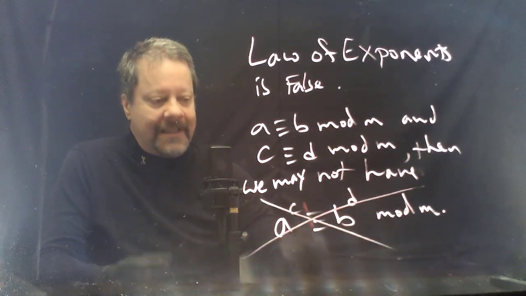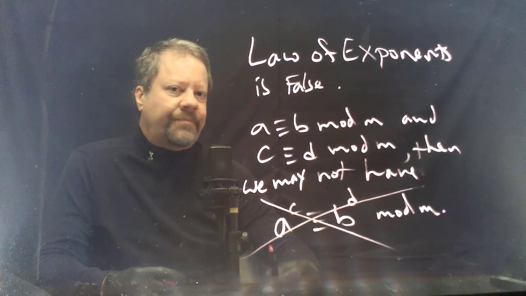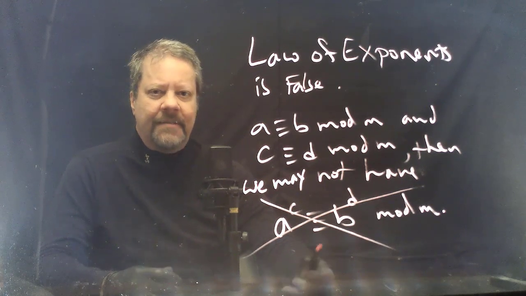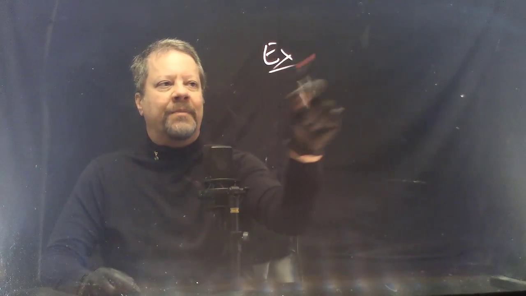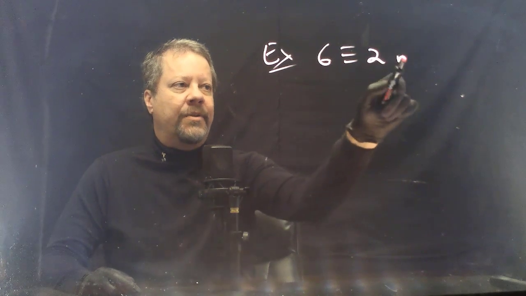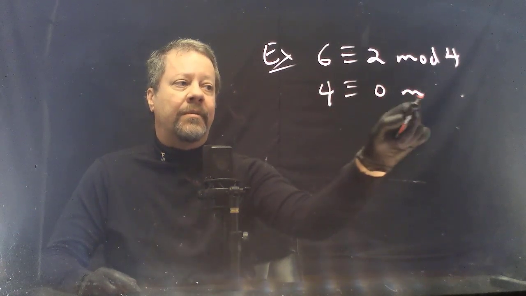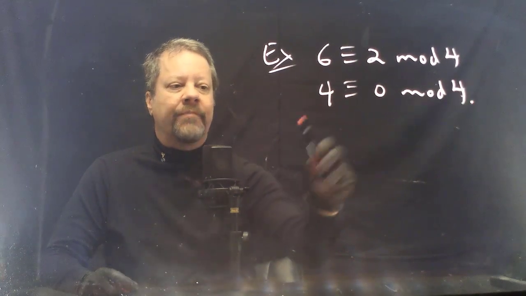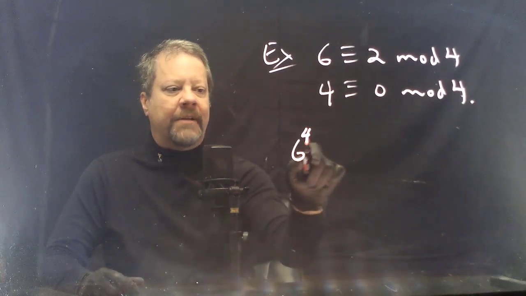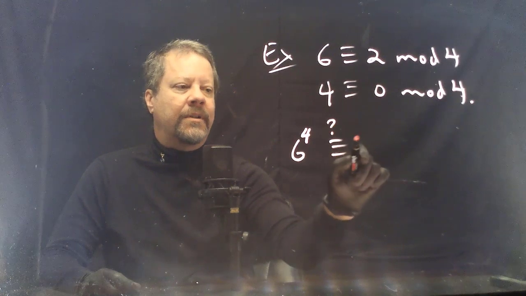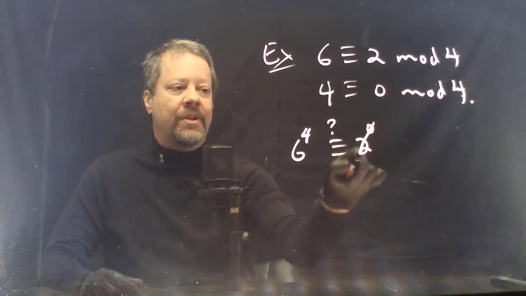So let's do an example. It only takes one counterexample to show that something is false. For example, 6 is congruent to 2 mod 4, and 4 is congruent to 0 mod 4. So the question we have is, is 6 to the power 4 congruent to 2 to the power 0, which is 1,